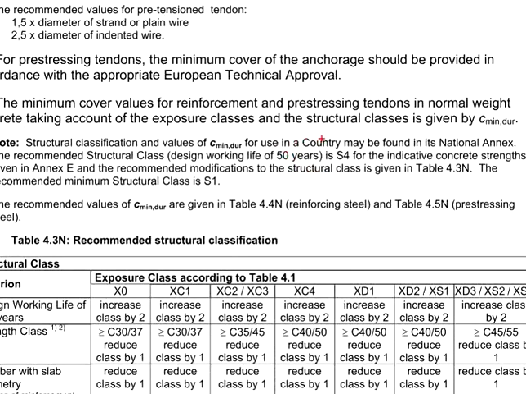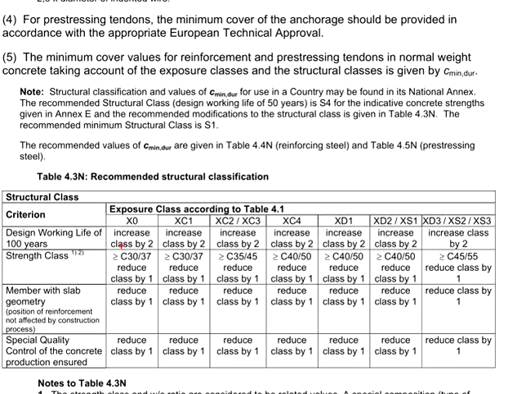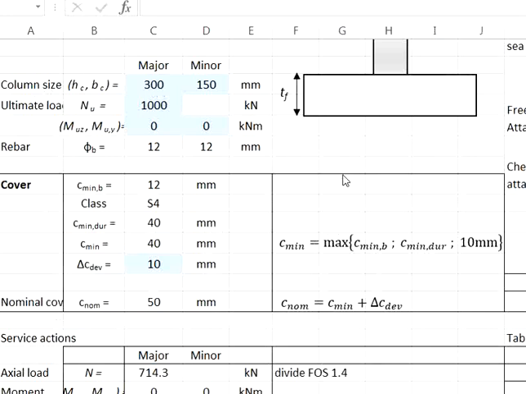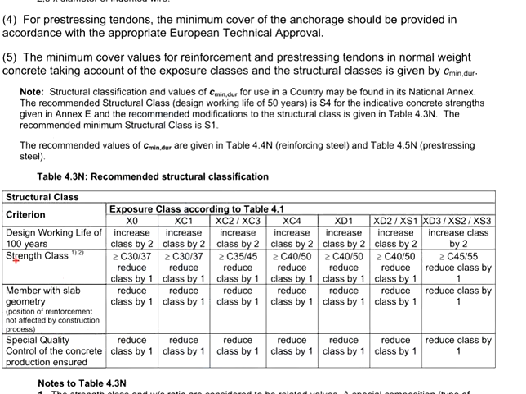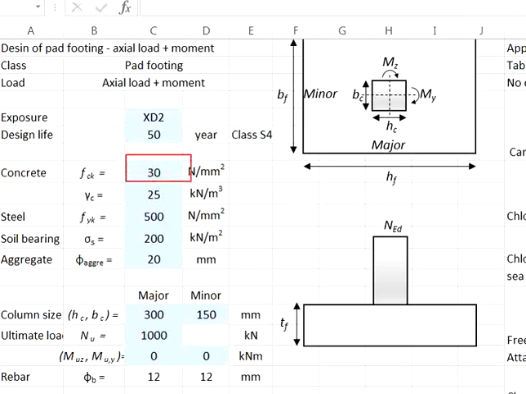The structural class by default is X4. And then we need to refer to table 4.3n to see if there is any change in terms of the structural class. Our design period is 50 years. That means there is no change in terms of the structural class. The concrete strength is 30. For the exposure class XD2,